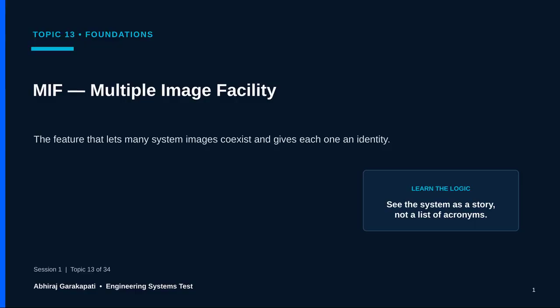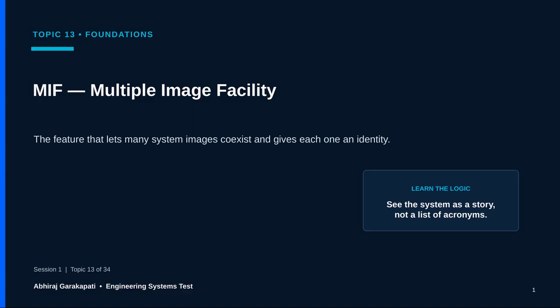We already know that many LPARs can exist on one machine. Now imagine a hotel with many rooms. The hotel needs more than walls. It also needs a reliable way to distinguish room 201 from room 305, so keys, deliveries, and services reach the correct guest. MAF provides the architectural capability for multiple system images to coexist, and the MAF ID gives each partition